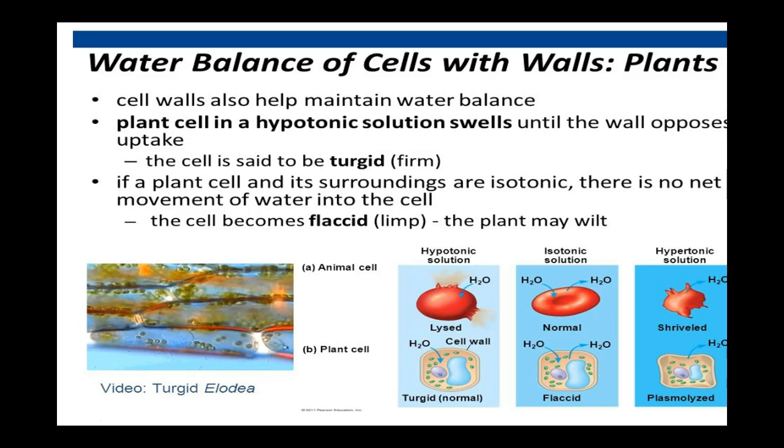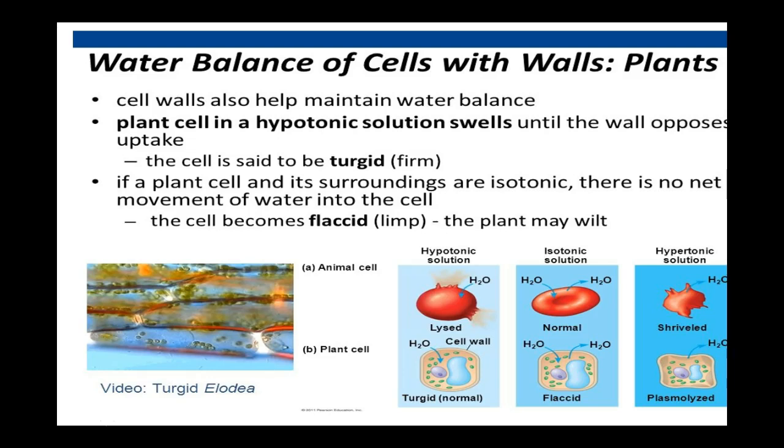A cell is turgid, it's firm, if its water vacuole is full. It has water in, the vacuole's full, and you can think of it as when your plant is upright and not wilted. You know, we use that word wilted. However, you can have too much water, and what happens is